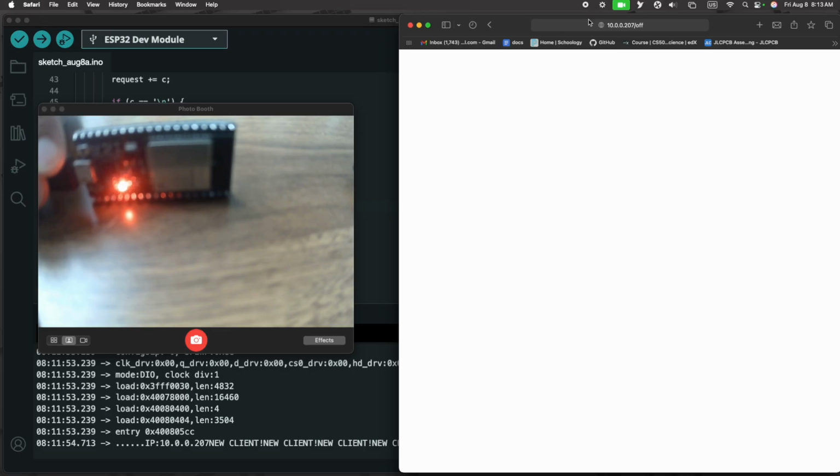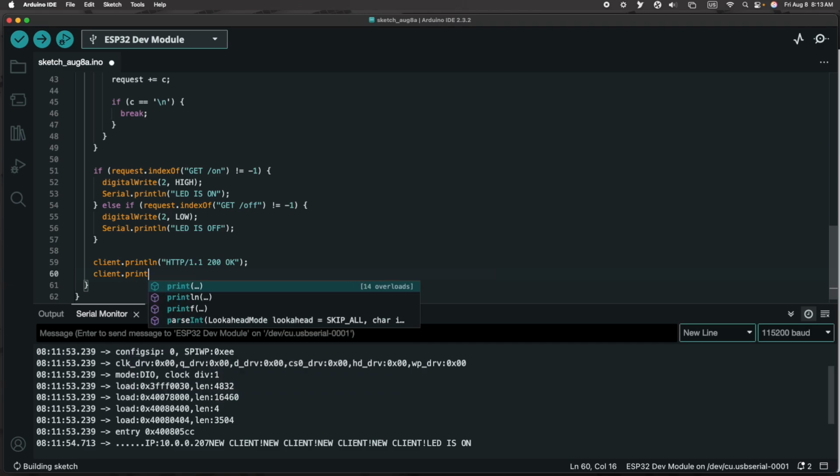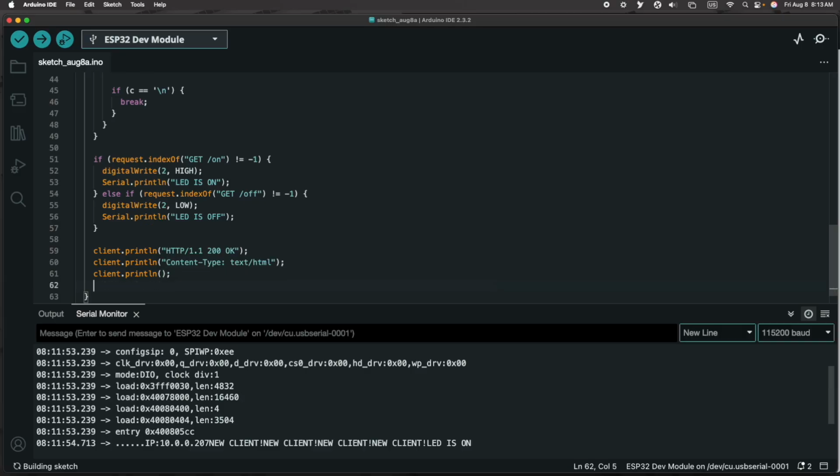Now this is kind of boring. You have to go to the search bar and type everything in. So we can actually make things a little bit better by sending back some HTML. It's a little bit of syntax, but we're going to do client.println. We do Content-Type: text/html. And now we want to print a new line, a blank line, and then